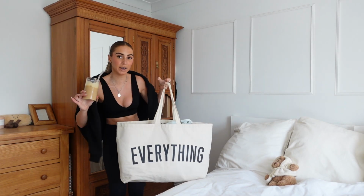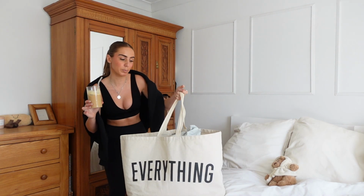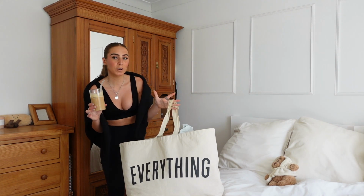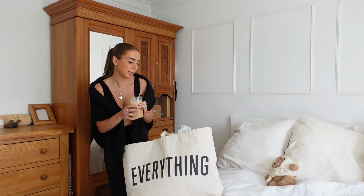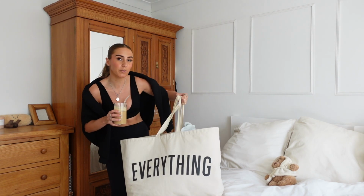Okay, coffee is made. I'm going to drink this whilst I pack, because I am going to Cornwall on Sunday. Originally I was meant to be doing a run club in London on Sunday, so I was going to go to London for the weekend, stay at my brother's on Saturday night, get a takeaway with him, and then go to this run club on Sunday morning